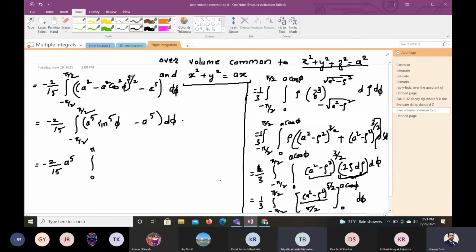Integration, just tell me whether you understand this. 1 minus sine raised to 5 phi d phi. Yes, sir. This is 2 times, so this will become 4. Minus pi by 2 to plus pi by 2. So a raised to 5 I am taking common, and